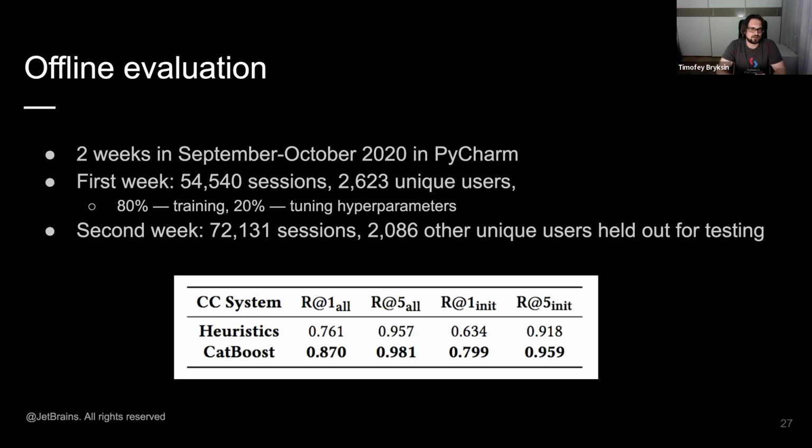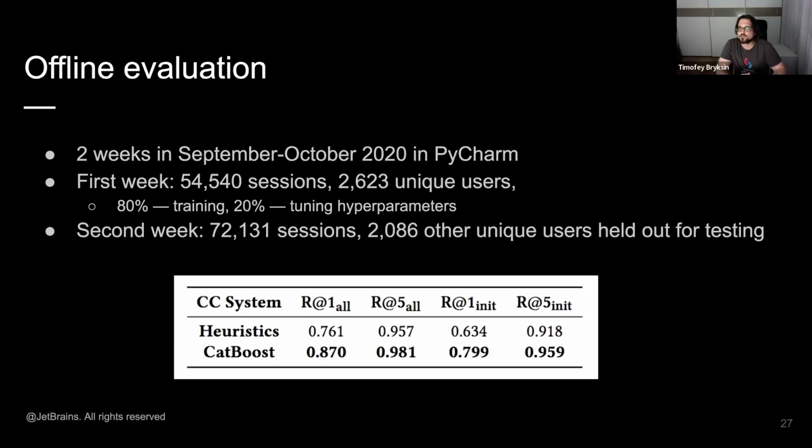We also calculated it not only across all lookups in all completion sessions, but also only for initial lookups, meaning the first lookup in a session before actually typing anything. It correlates best with the user experience.